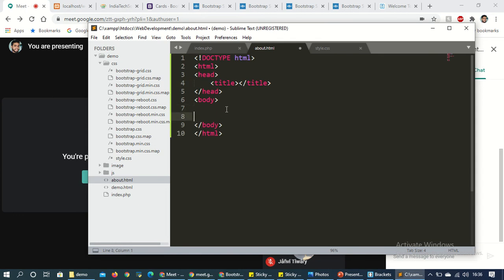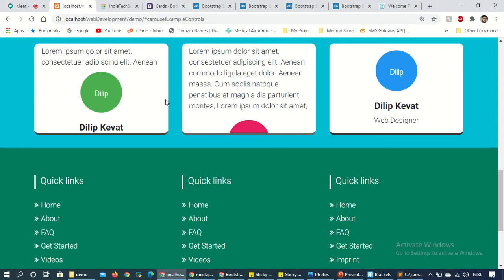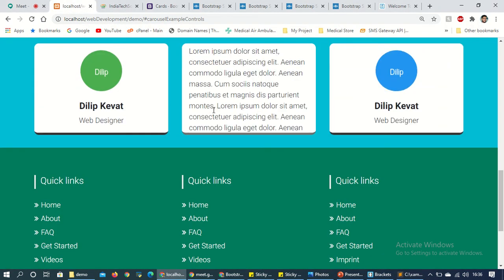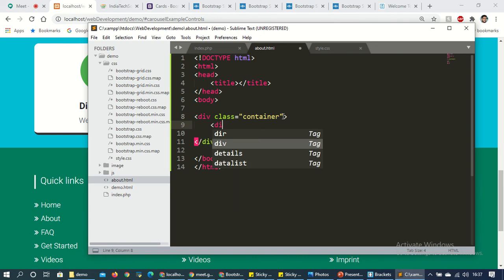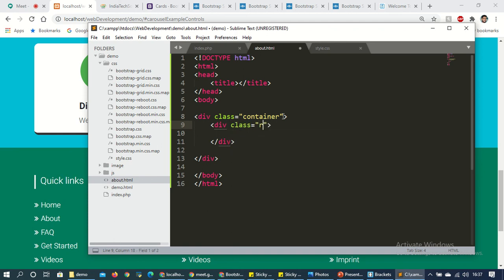If I have to divide into three sections, if I want to create this design, one, two, three, in three parts, then we'll go here and write div, and then class container. Okay, and then start div, and here class is equal to row.